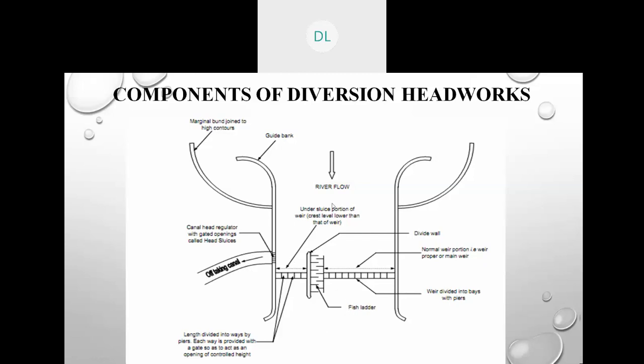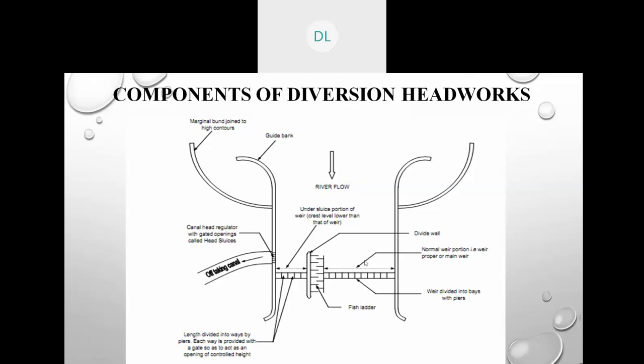So this is headworks. One beautiful thing, you look at the guide banks are upstream here, and also there are downstream there, this side. So the excess flow which is falling onto the other side will pass easily. So this guide bank guides the flow so that it remains here in the middle and does not erode the banks. That's why these guide banks are extended to the downstream side. Otherwise, there is a lot of expense and cost involved in construction of these guide banks here.